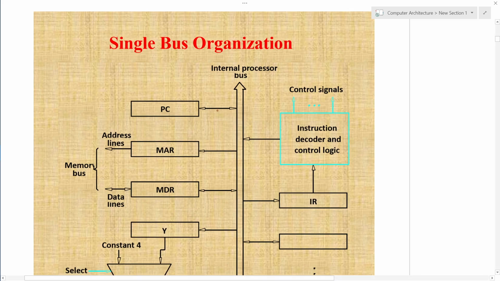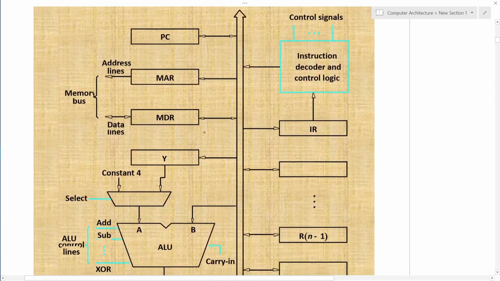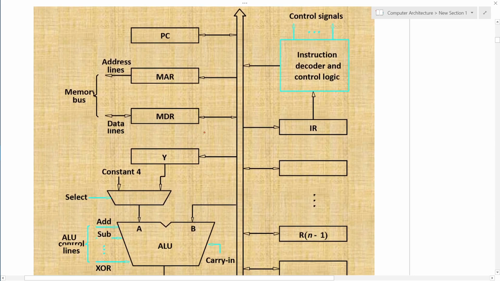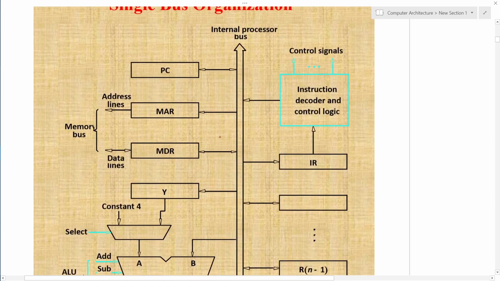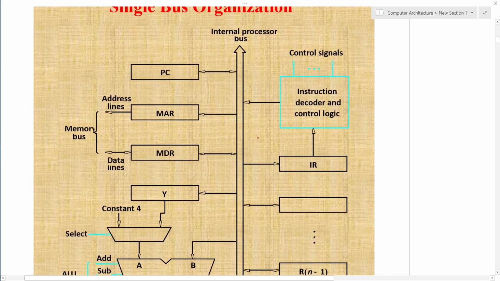This typical bus organization consists of different registers, ALU, and the decoder and encoder circuits. We have to discuss them one by one. So this is the program counter.